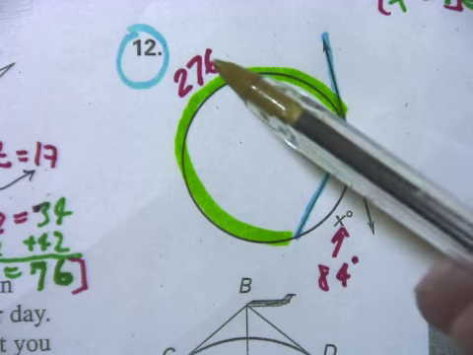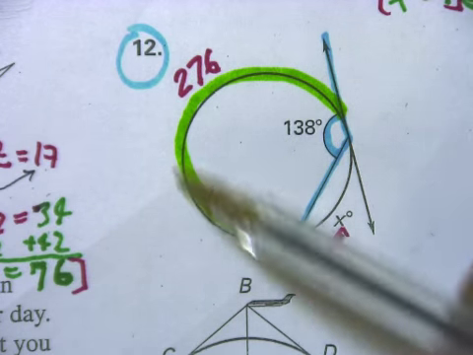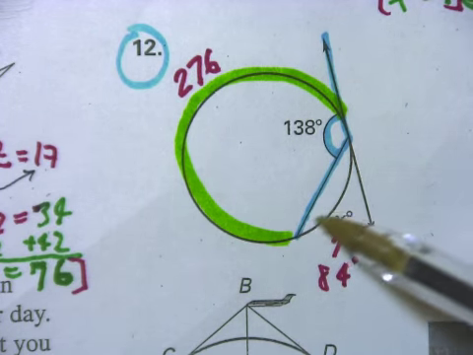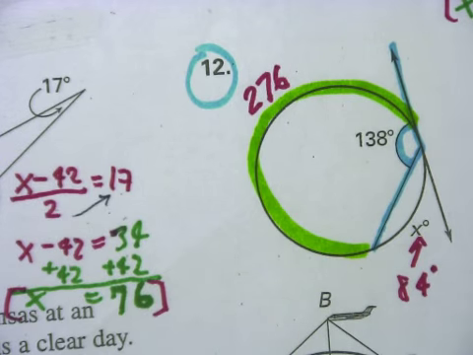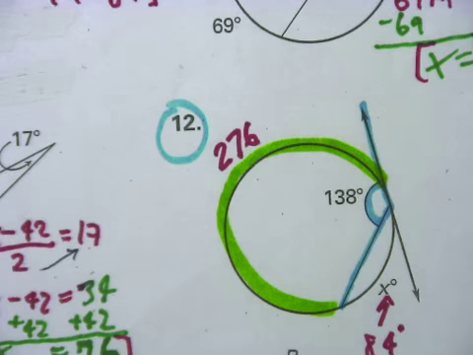And for number 12, the last question, again, they tell me that this inscribed angle here is 138. I know that the arc that it creates is going to be twice as big. So this is going to be 276. And if this is 276, I subtract